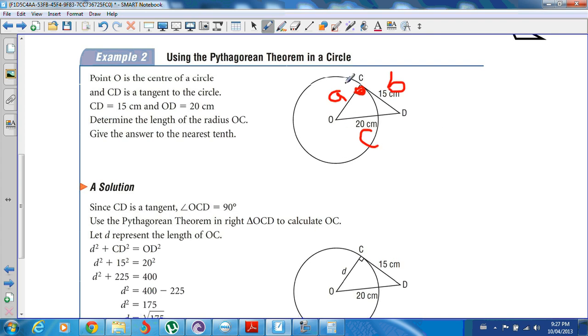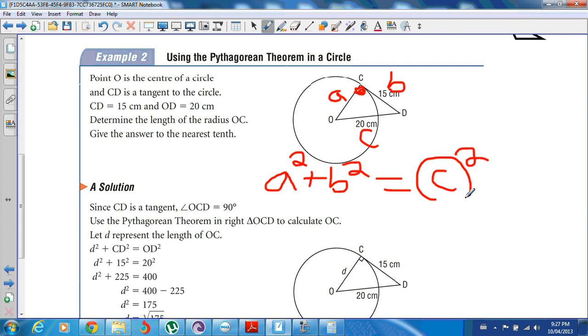Now that we know where A is, and where B is, and where C is, we use our good old formula, A squared plus B squared equals C squared. And we're not solving for C this time. We already know what C is. C is 20. So we'll put 20 in for this C. And then we'll eventually do 20 times 20. We know what B is as well. So we'll put 15 in for B and do 15 times 15, which will be, if I'm not mistaken,